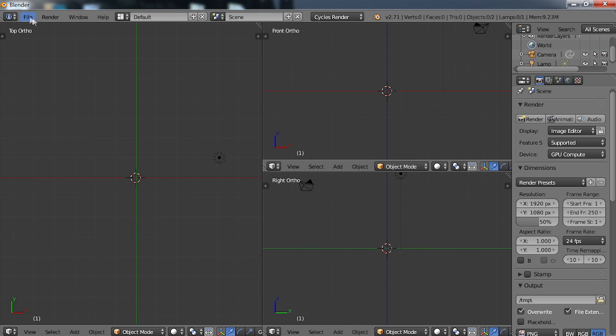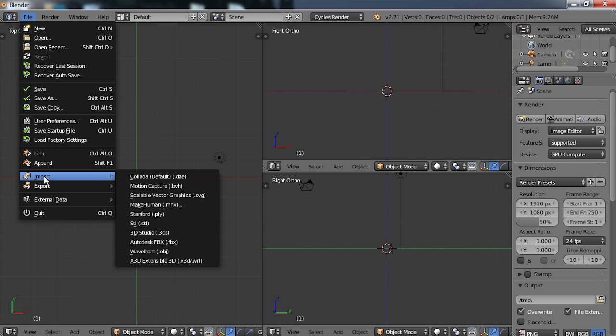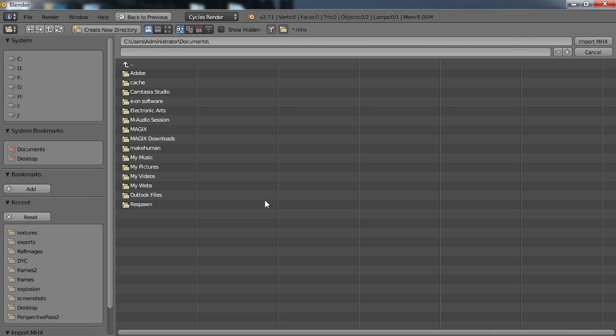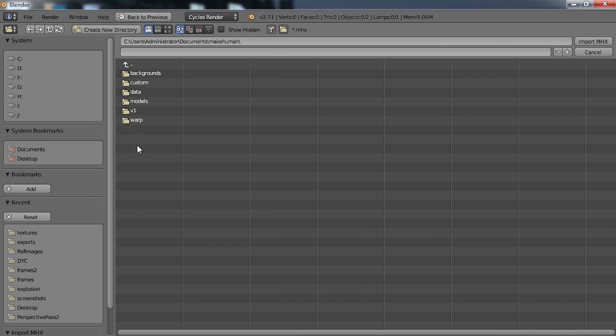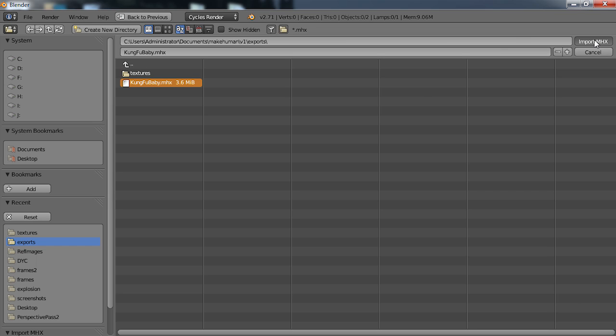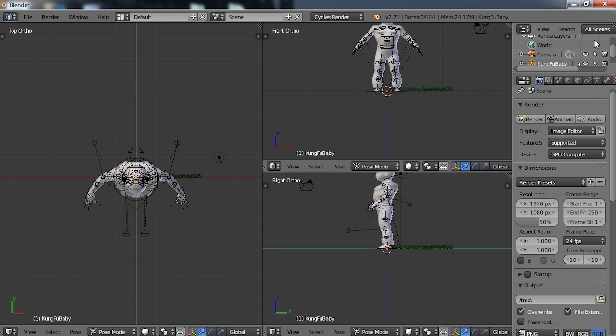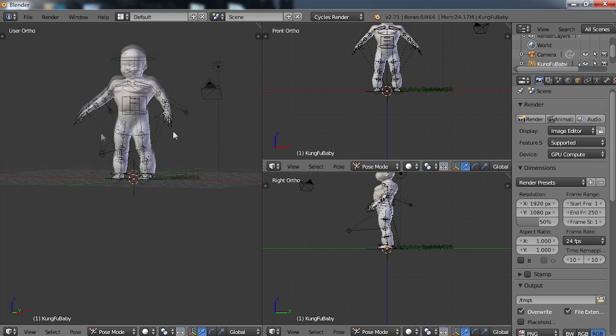and we'll just close this. And now when you go File, Import, you will now see this MakeHuman format here, and you can choose that, and then you can go look to where your MakeHuman was downloaded. In my case, it's under V1, I believe, Exports, Kung Fu Baby. So I choose that, and I choose Import MHX. As soon as I do that, it will import that model, and here we go with our Kung Fu Baby